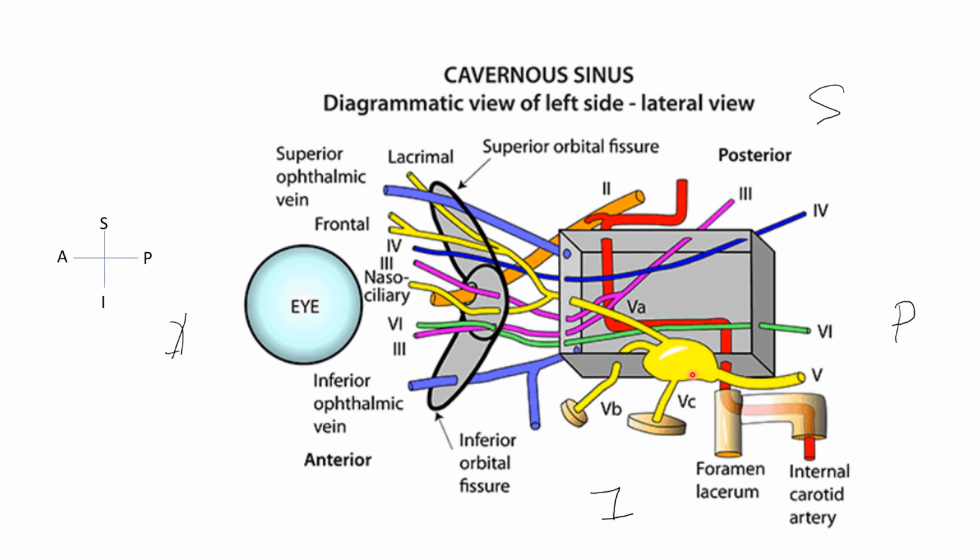Then here this is the trigeminal ganglion. As I've mentioned, it is related to the posterior lateral part of the cavernous sinus. This is the ophthalmic division. This is how it is related to the lateral wall of the cavernous sinus, and then it will divide and enter the superior orbital fissure to supply the eye and the skin of the face, forehead, etc.